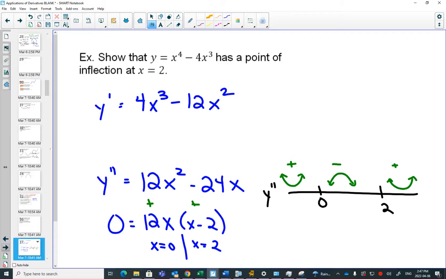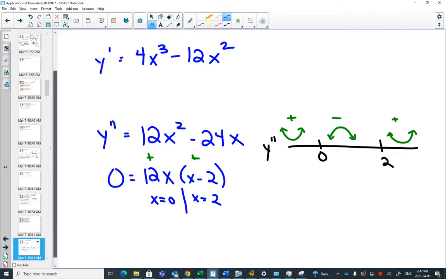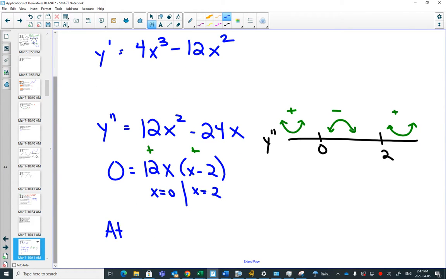So, what can we say? Show that it has a point of inflection at 2? Well, at x equals 2, f double prime of 2 is equal to 0,